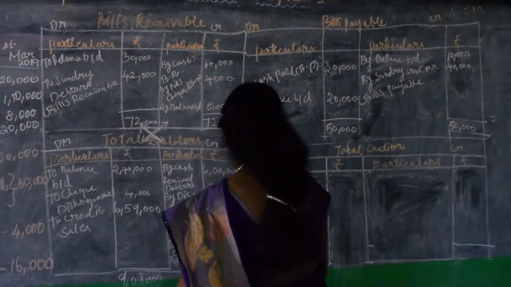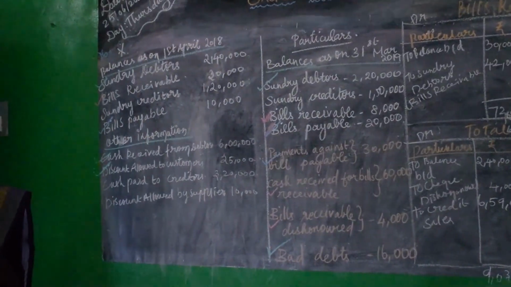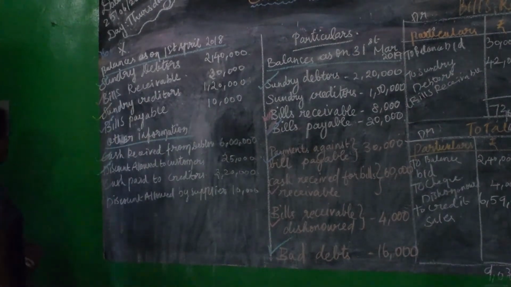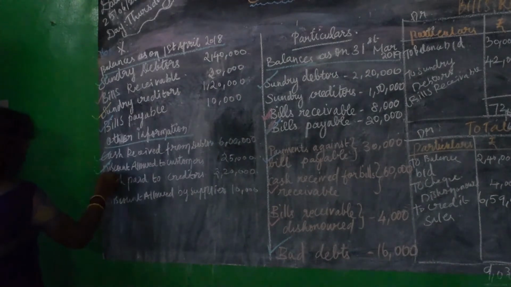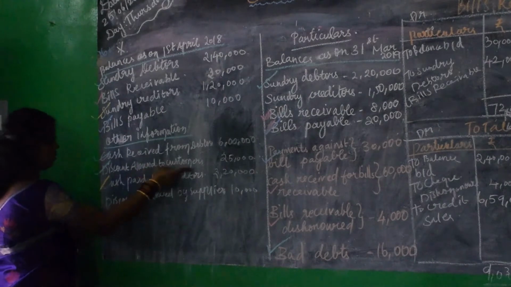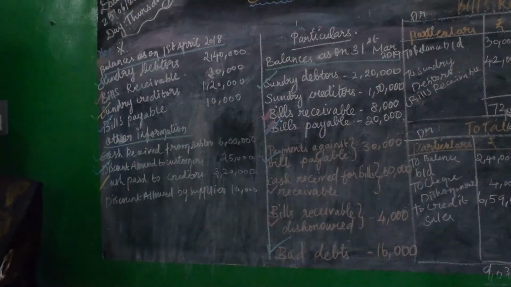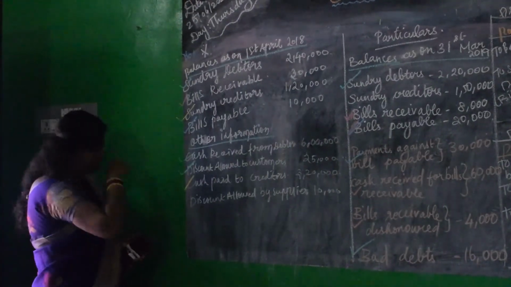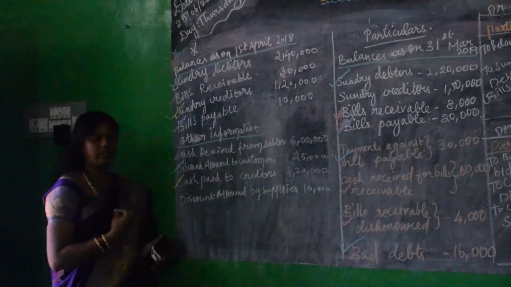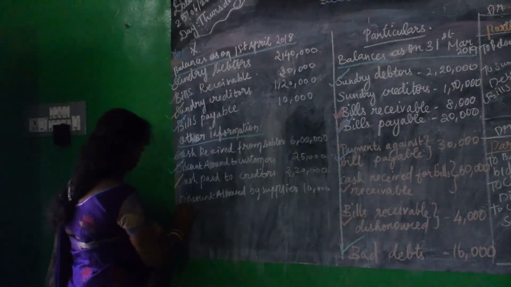Same procedure only. Now select the yellow color. Sundry creditors. Okay, cash paid to the creditors. You should not confuse over here. Discount allowed to customers, discount allowed by suppliers. Total creditors is concerned with the business people purchasing a product. So this is called a discount received. Discount allowed by suppliers means we are receiving that. We refers to the business people. So business people receive the discount received.